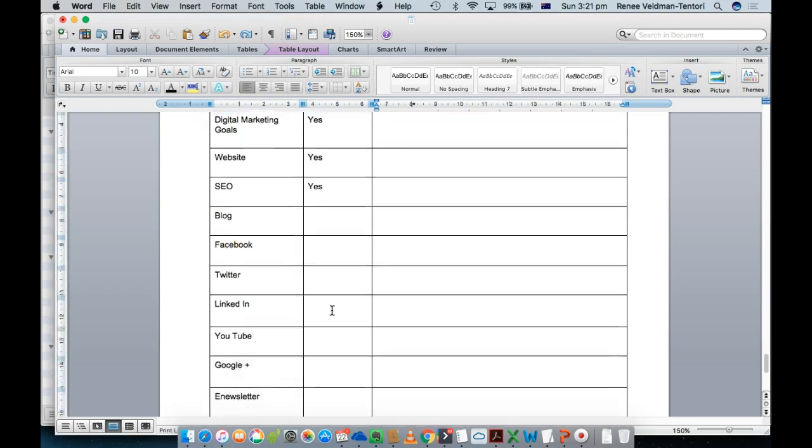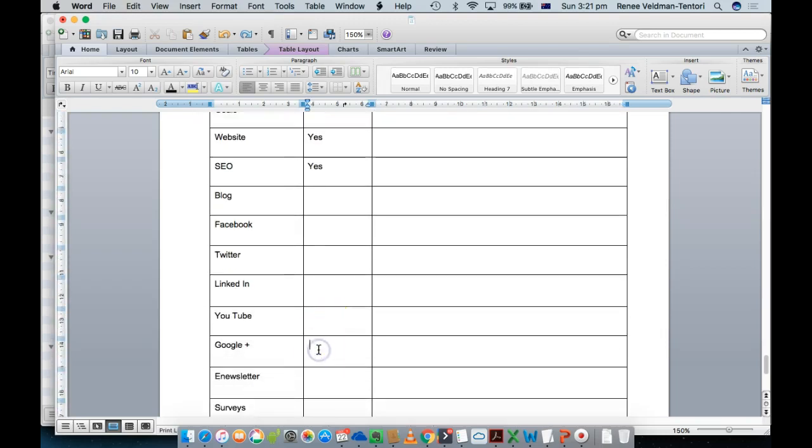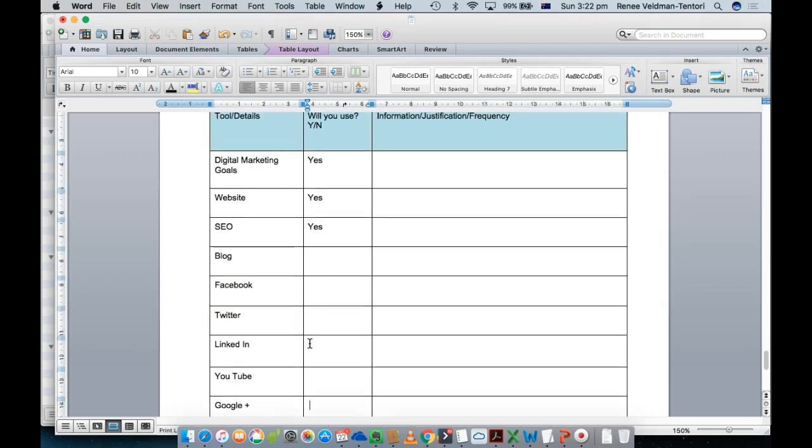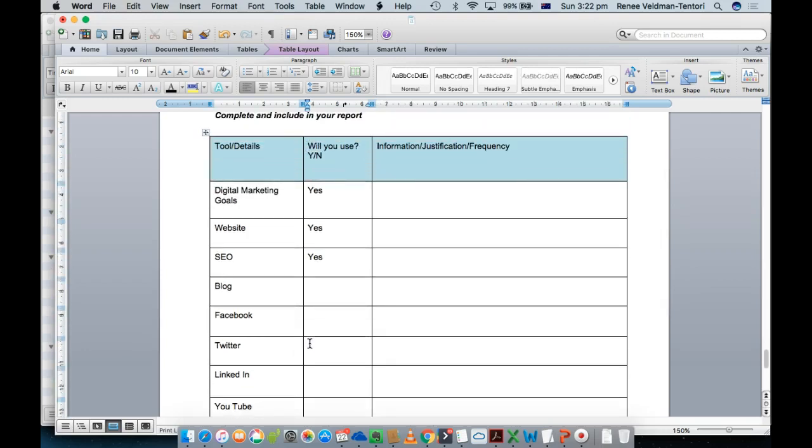Now, if you are not using a tool for your business, let's say you decide not to use Google Plus, leave it in there and say, no, you won't be using it. And here you justify and explain why. The reason being that when I've used a similar form like this to work with clients, if you just leave out the social media tool, it looks like you've not even considered it. So at least here you can say, yes, we've considered it, we've decided we're not using it, and here's the